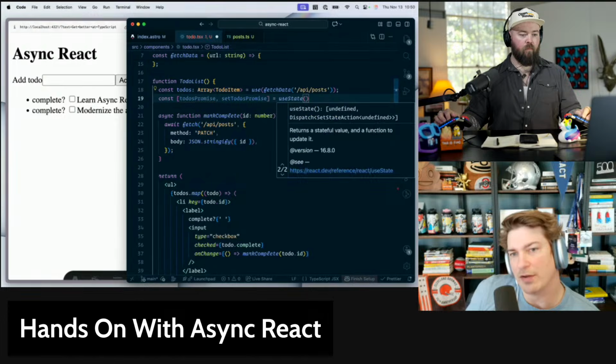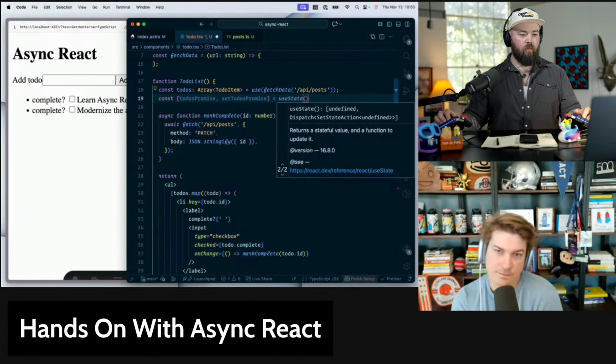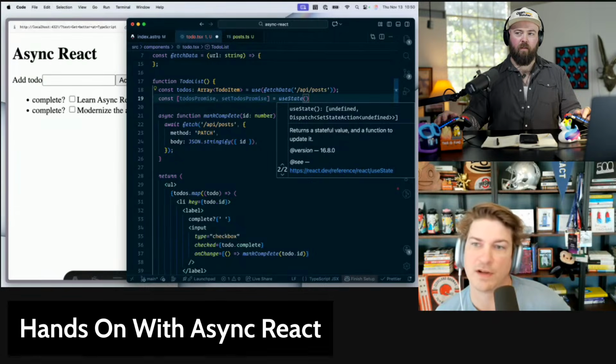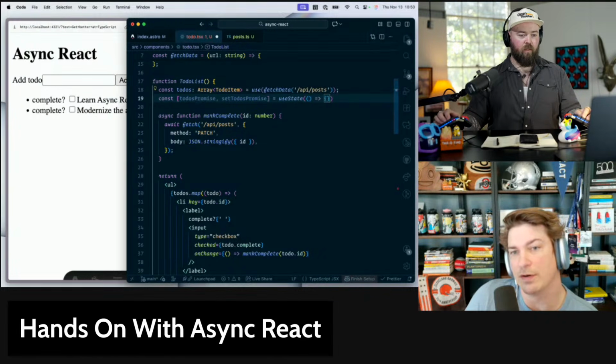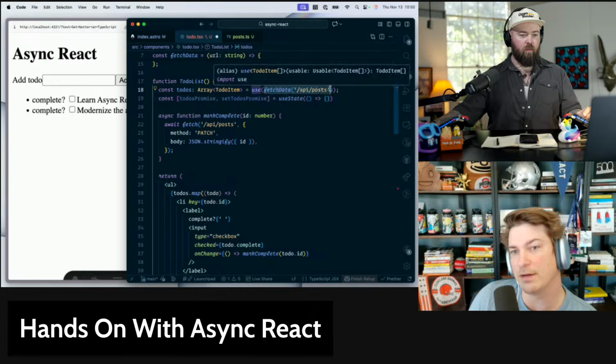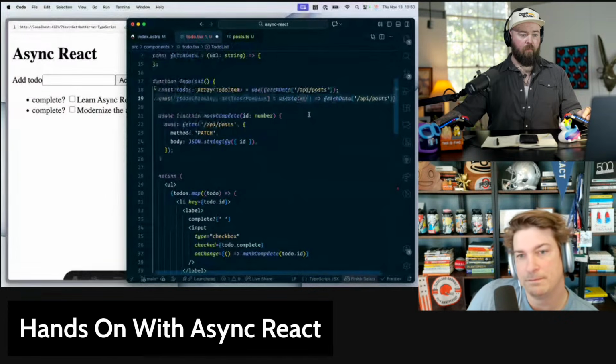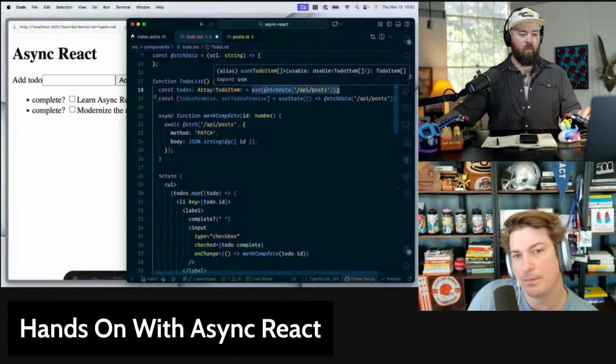Use state, use an initializer. You have to walk me through that. Yeah, just pass a function there. Oh, I got you. Okay. And then return, and then move your fetch data request into there. So what we're going to do is store that promise in state. Okay. And I'm not using this anymore? Nope. Okay, so this goes away.